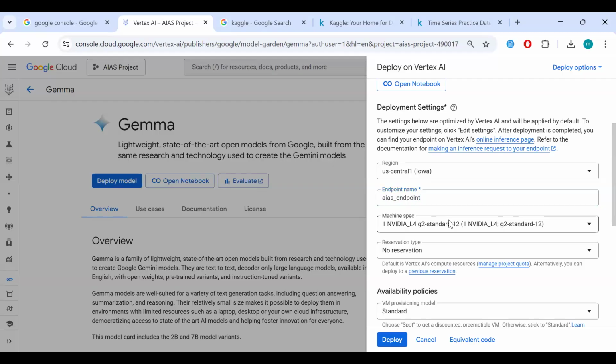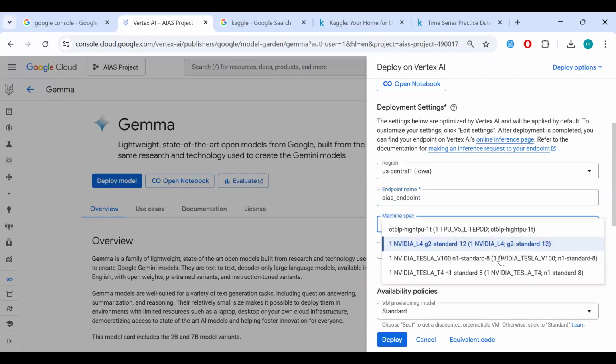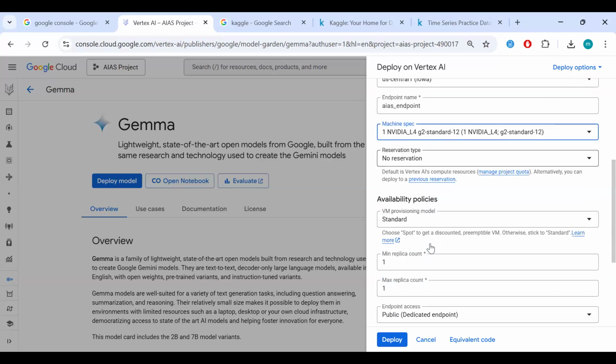And then we click on machine spec. Basically, this is the hardware that we're using to run the model. So you can either pick the NVIDIA or Tesla or any of them, but usually you need to look at locations to see what hardware is available to the location you're picking. The US one usually has all these available, but like I said, we try to pick locations closest to us or the client side. But we'll pick this now just because.